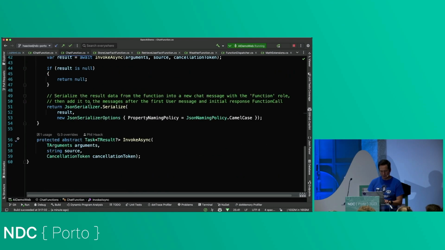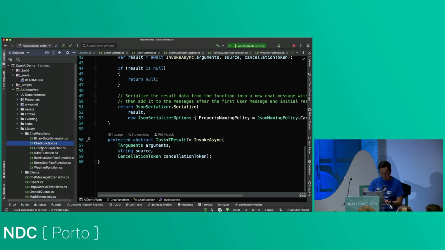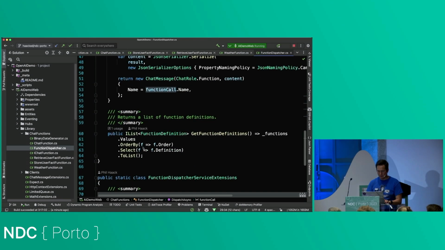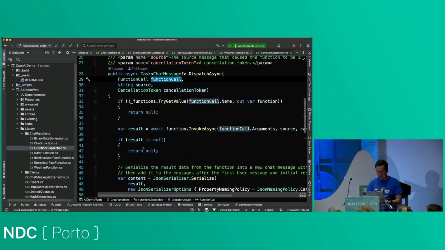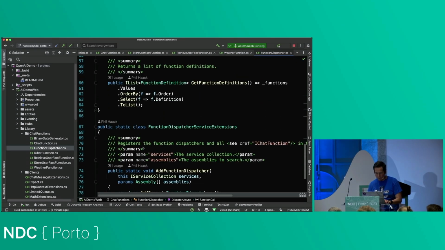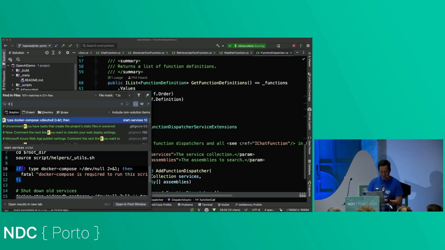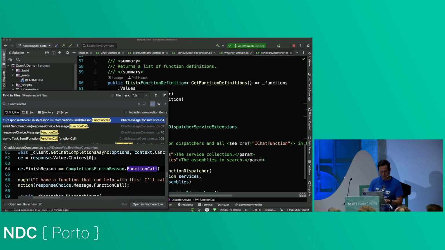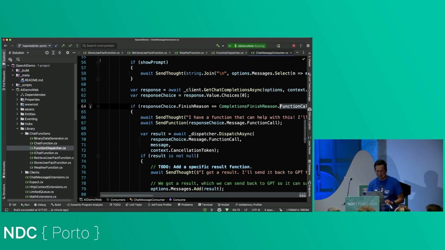Or is it? No, it's not there. Function call. There it is. Oh, chat message consumer, yeah.